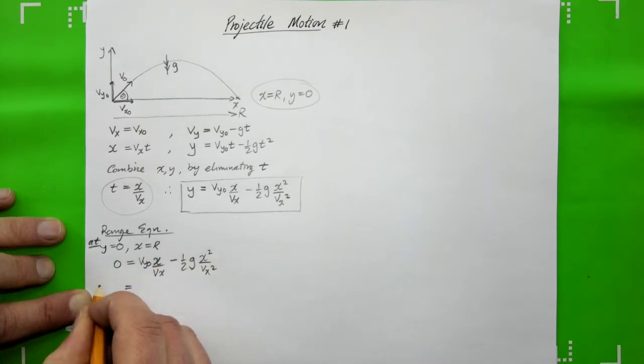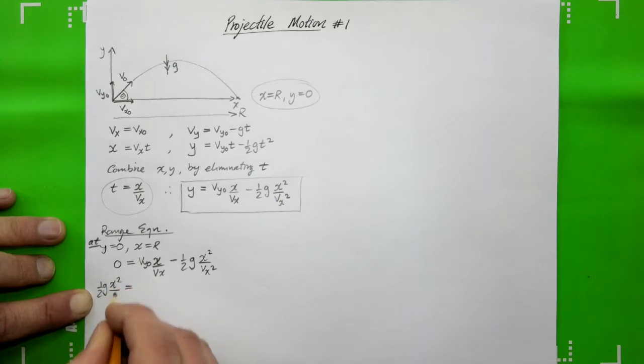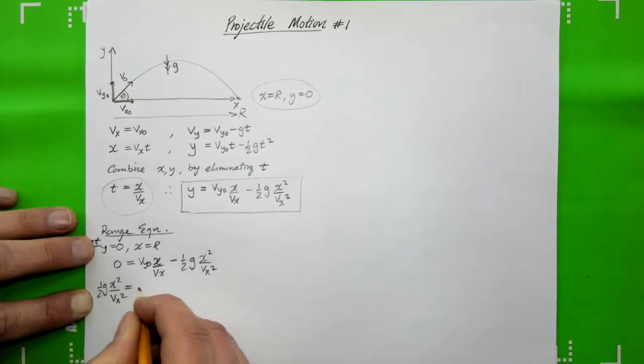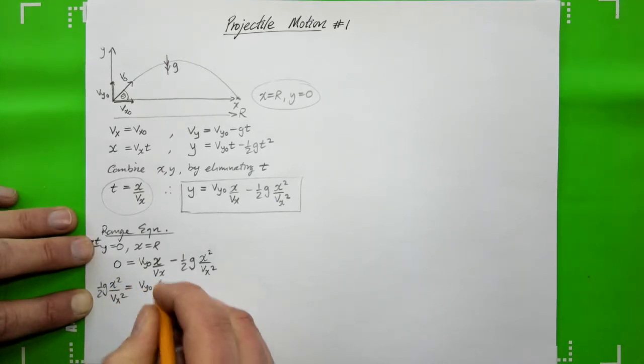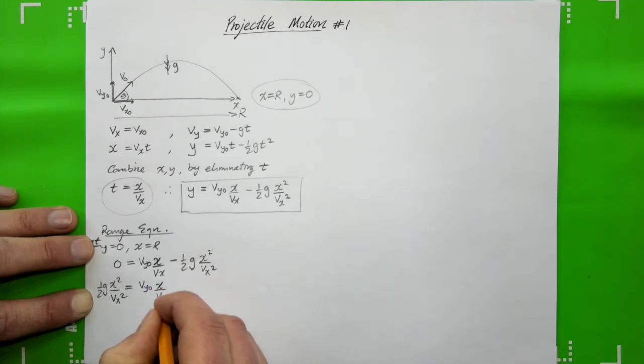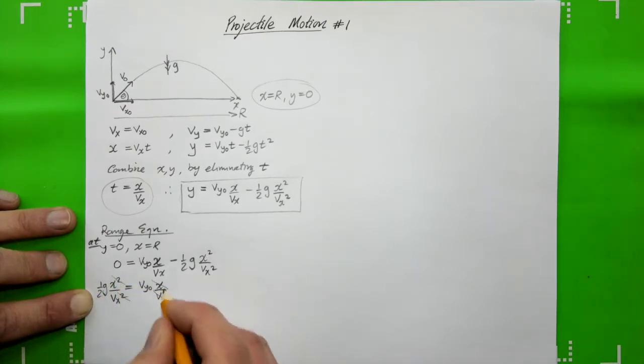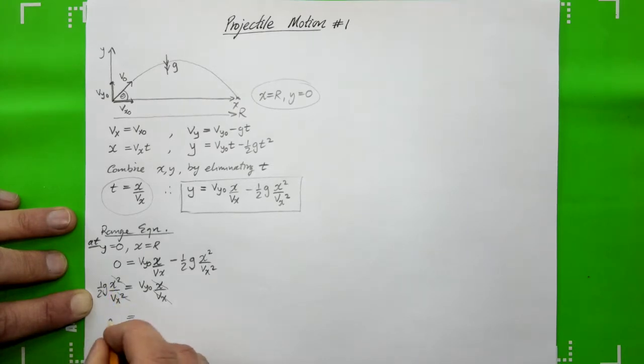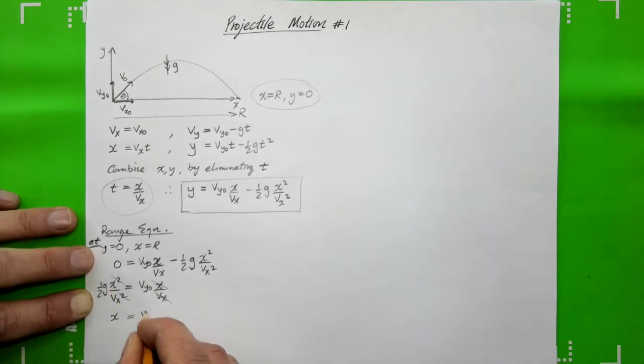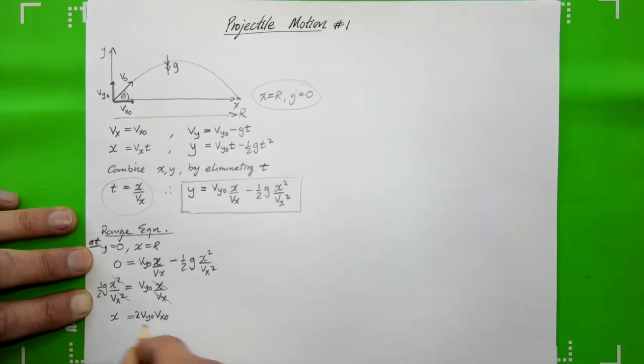So now we've got 1/2 g x squared over Vx squared equals Vy initial x over Vx. At this point we notice a lot of terms will cancel, so this Vx here will cancel with this Vx squared, this x squared here cancels with this, and we're left with x equals Vy naught Vx naught times 2